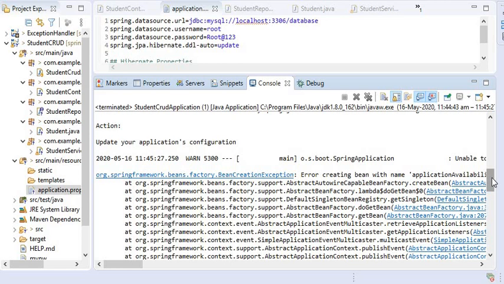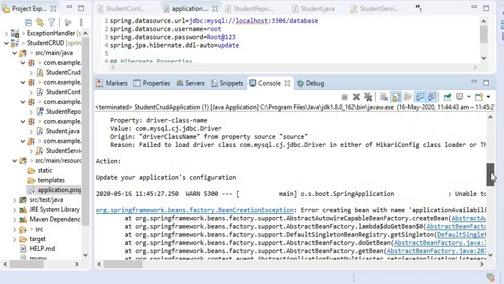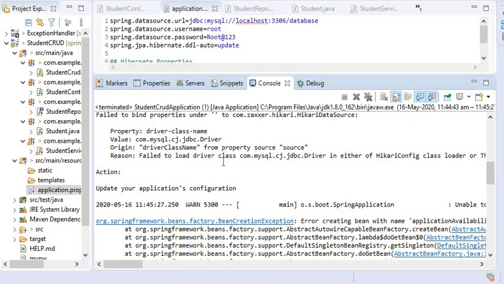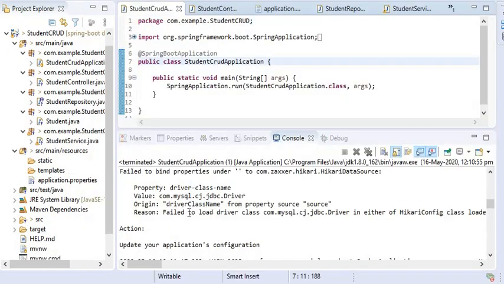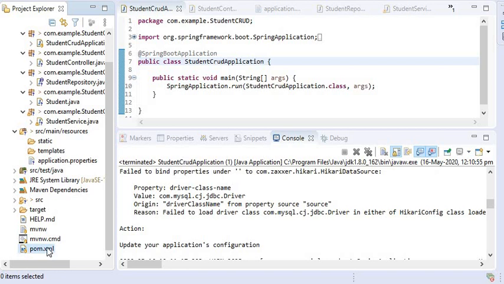Here it's throwing some exceptions, unable to bind. We need to define the driver class name. It's unable to start, so I need to check my pom.xml, because it's not able to load the driver class name.